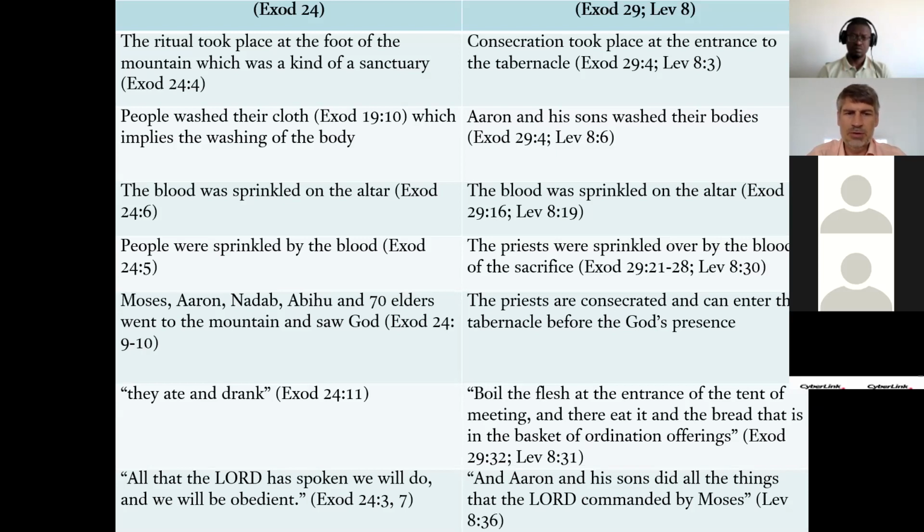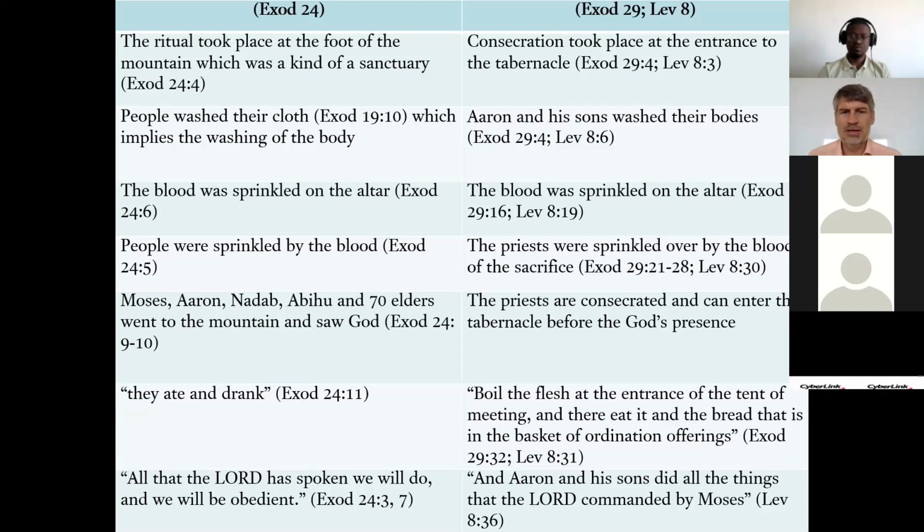Moses, Aaron, Nadav, and Abihu, and 70 elders went to the mountain and saw God. The priests are consecrated and can enter the tabernacle before God's presence. After that, Moses, Aaron, Nadav, and Abihu, and 70 elders ate and drank. And what is interesting, after the end of the ritual of consecration, the priest also should have a basket of bread, and he can eat. "All that the Lord has spoken we will do, and we will be obedient." And Aaron and his sons did all these things that God commanded, so they were obedient to God. So we can find many parallels between these two